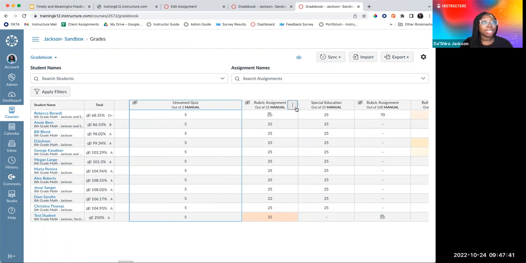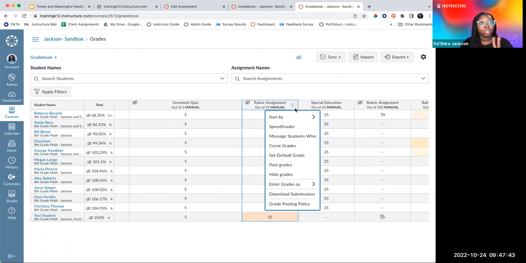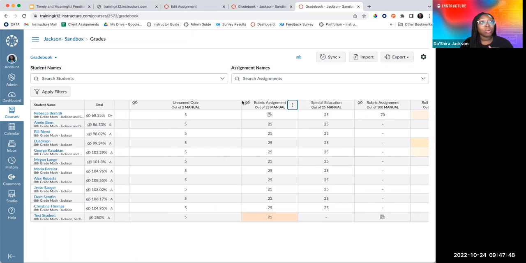And I see one hand raised, but I just want to show you 2 different things. You'll see that there is this little eye with a line on it, and that's what's called the grade posting policy. By default, whenever you enter a grade, comments, or feedback in Canvas, students are automatically notified.